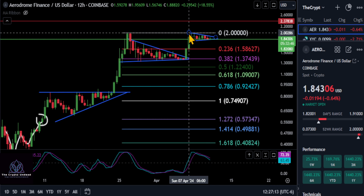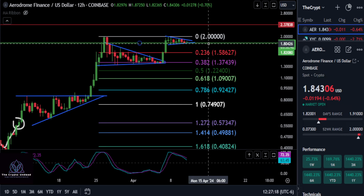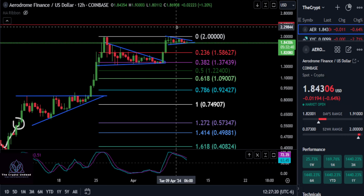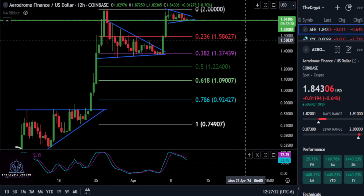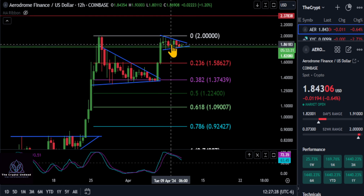Now, a lot of people are calling for a double top here, but I would say simply, as long as we're over our green line here, this is going from the low here to the high, that is our 0.236 support at 182. As long as we hold the line here, we hold over 182, we're forming yet again a very bullish pattern here,